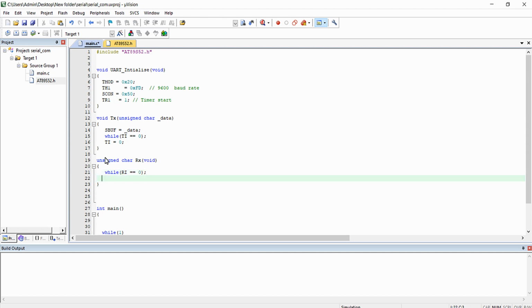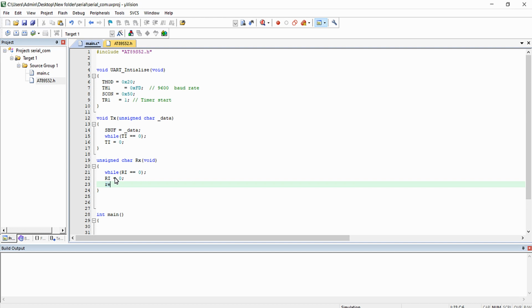As I said, if it is high, the reception of one byte of data is complete. When it is high, the control will skip this loop, and here we will voluntarily make this bit 0. Once we make that bit 0, we will fetch the data from the same SBUF register.